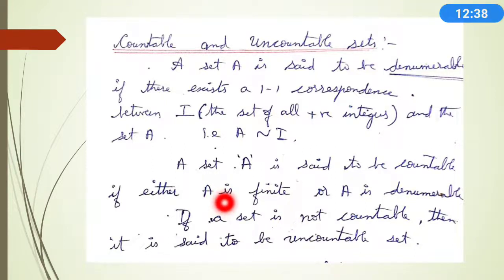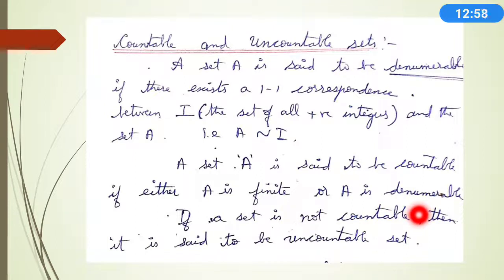Countable set. Okay. And a set which is not countable is called what? Uncountable set. Okay. I hope you understand. Let me give you an example. Suppose A is equal to {1, 2, 3}. What is the cardinality of this A? 3. And I can count the values.